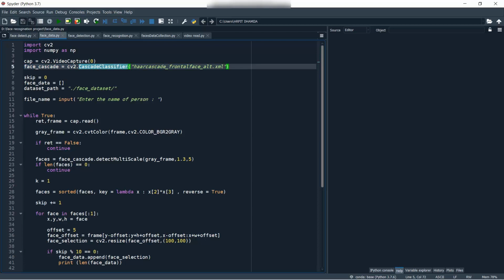Before starting the project, see here, it is in my D drive in this folder. You can download this Haar cascade file from the internet, it is easily available on GitHub. Just download it, or I will give the link in the description. You have to store this file in this directory only.